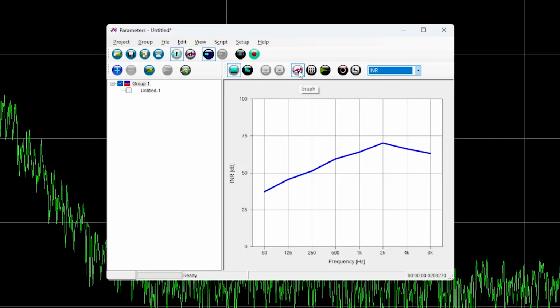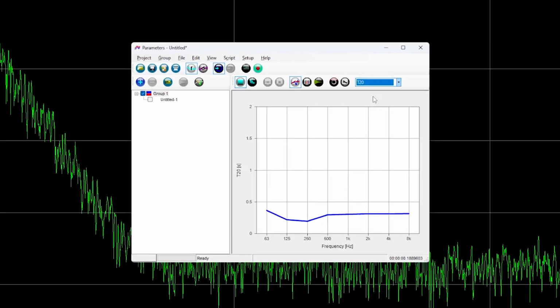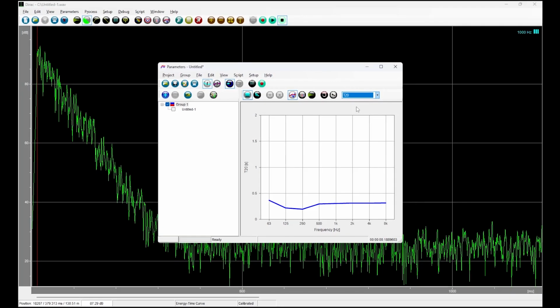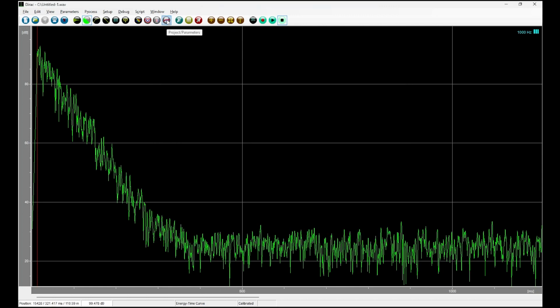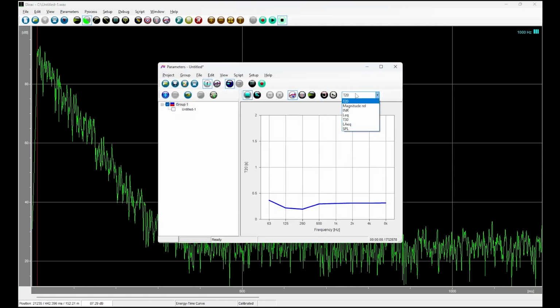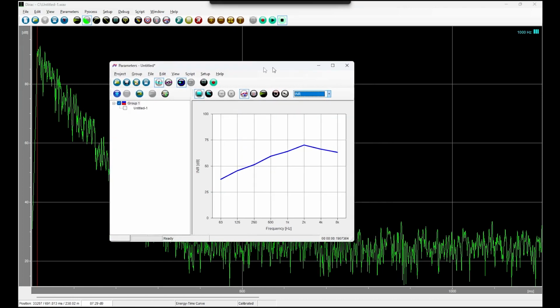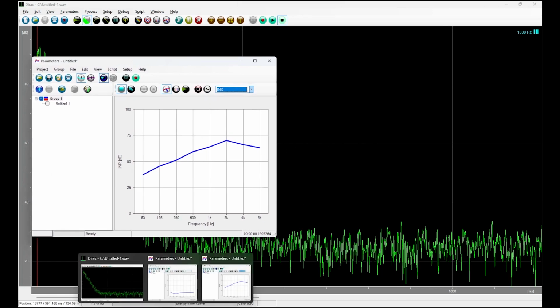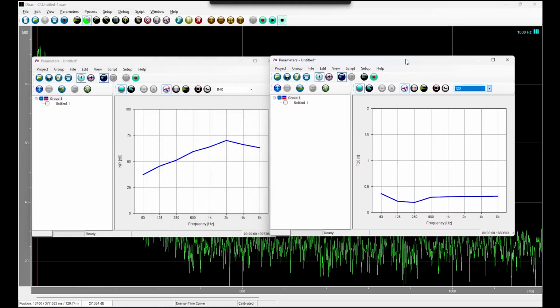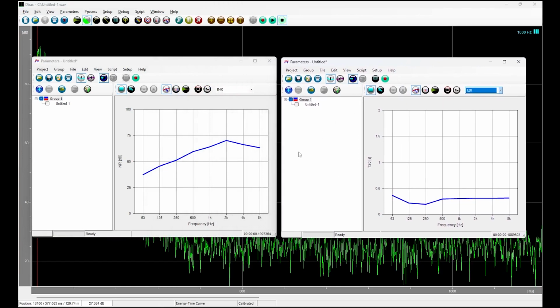Note that the most recent parameters are available in the top right pull-down list, so we now can easily switch back to the T20 graph. It is also possible to open multiple instances of the project parameters window, where in a second instance of the window, for example the INR, is selected. After which both windows are placed side by side. This brings us